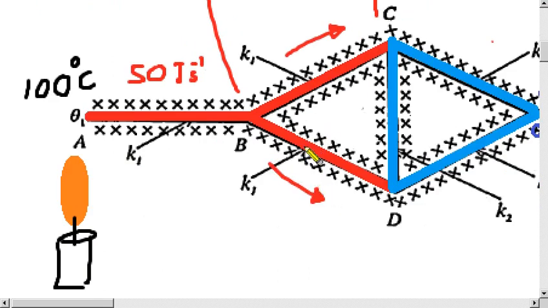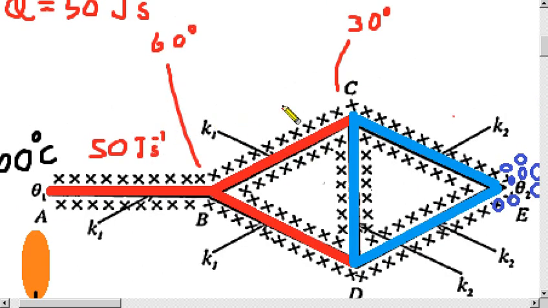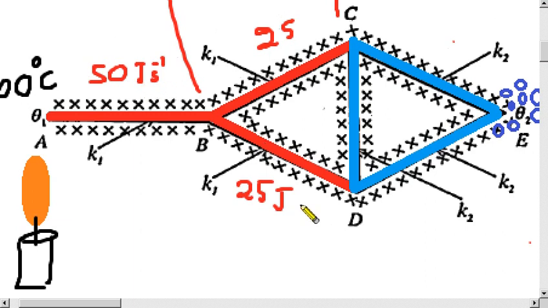So therefore, since these two paths are symmetrical, what we have to now think is that both lines are conducting heat. So here along this line it must be 25, and here it must be 25, then altogether 50 is achieved. It is equal to the 50 incoming rate. So now here at this junction,